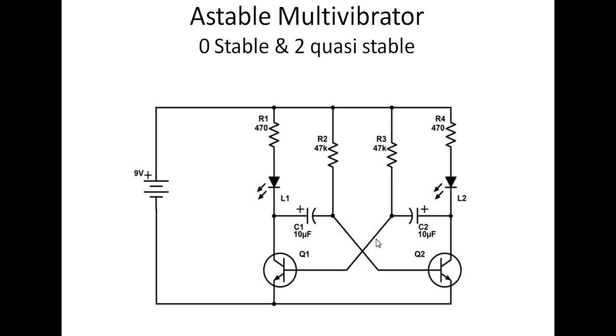If you observe carefully, there are capacitors in a feedback path, right? This is nothing but a feedback path. Feedback means the output of Q2 is given to the input of Q1, and the output of Q1 is given to the input of Q2. So this is one of the feedback paths, this is the other feedback path. In a feedback path we have capacitors, right? We have two capacitors. The LEDs L1 and L2 indicate the status of Q1 and the status of Q2. If Q2 is on, L2 will glow. If Q1 is on, L1 will glow, right?